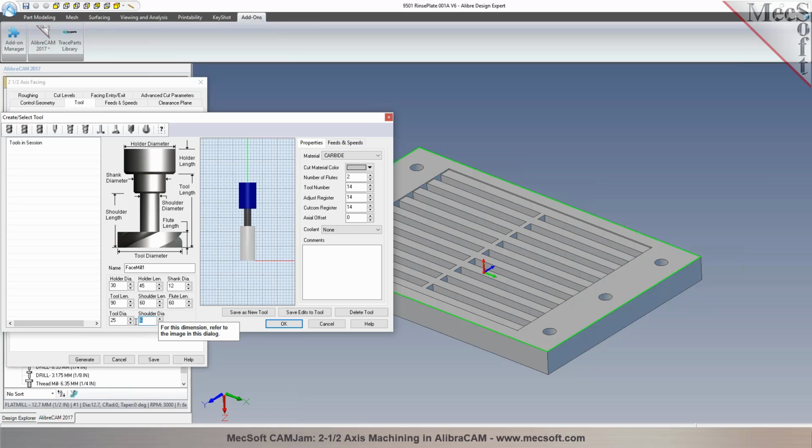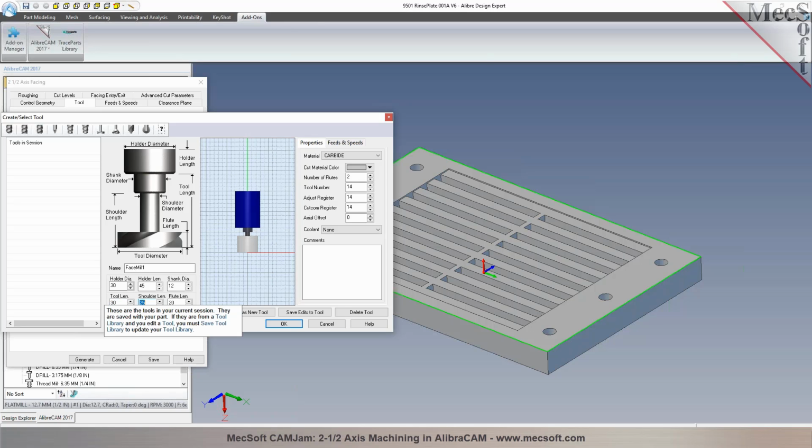I can specify the shoulder diameter in here. I can specify the properties for the flute length. I could say it's going to be 20 millimeters, 25, 30 millimeters, like a face mill cutter right there. I can specify all the properties in here for the tool, and I can define my tool number, establish feeds